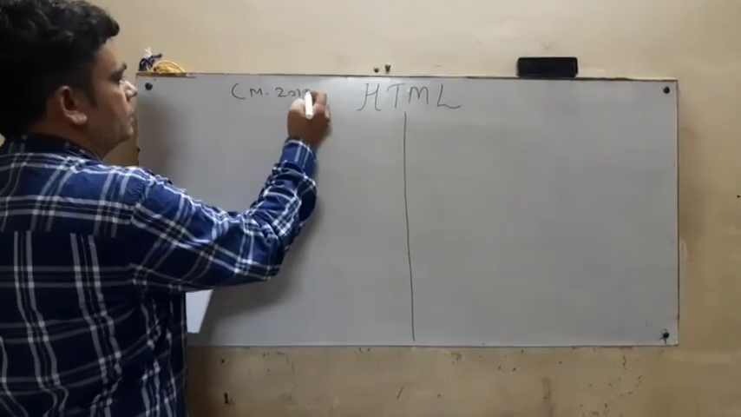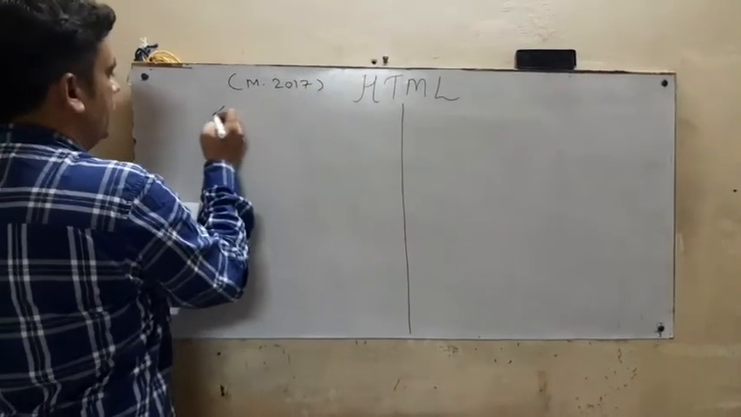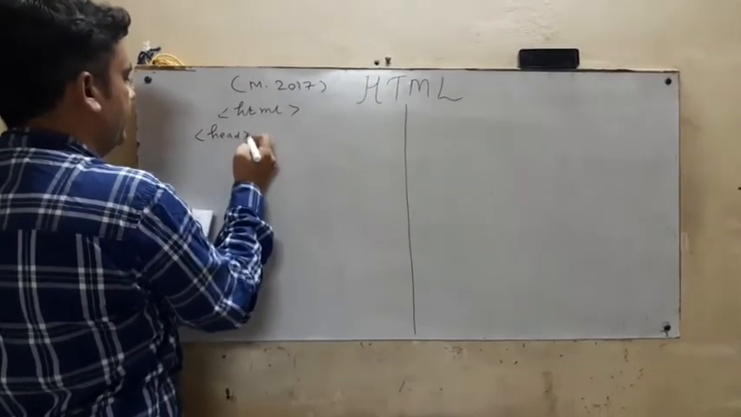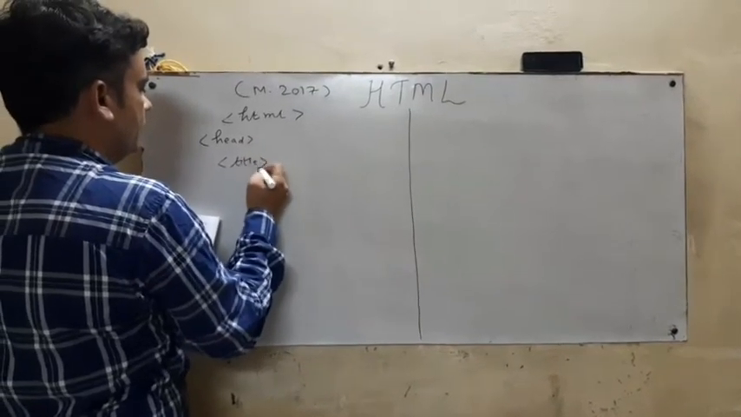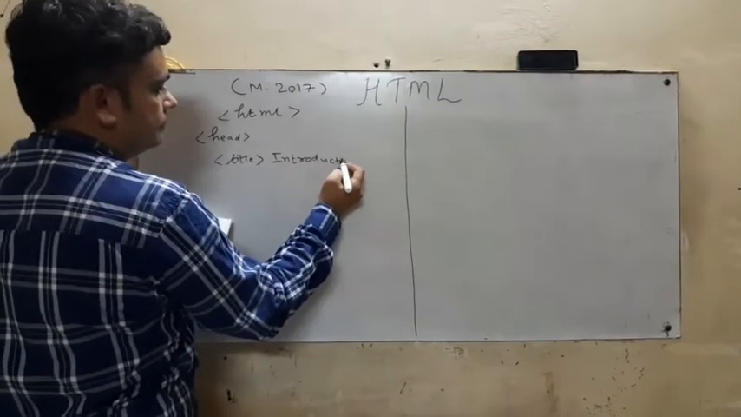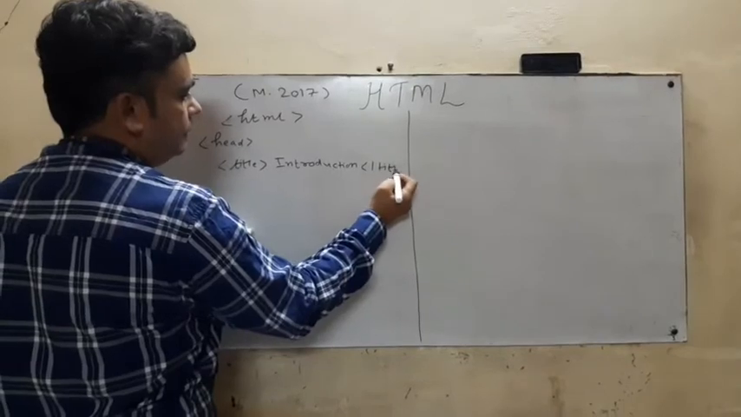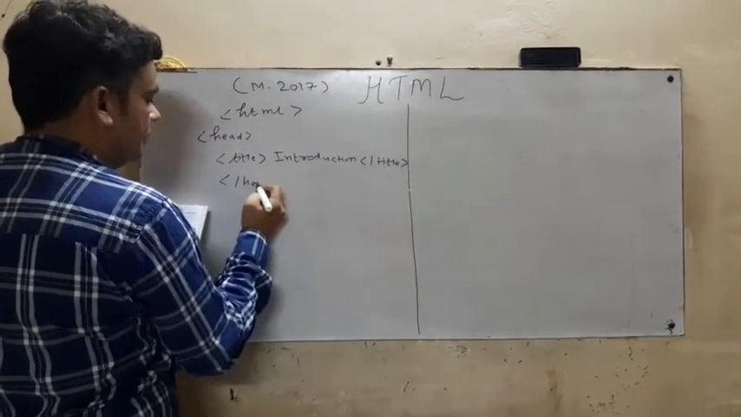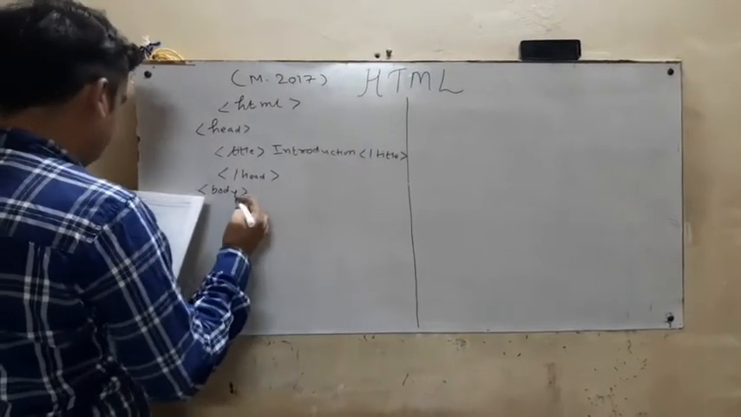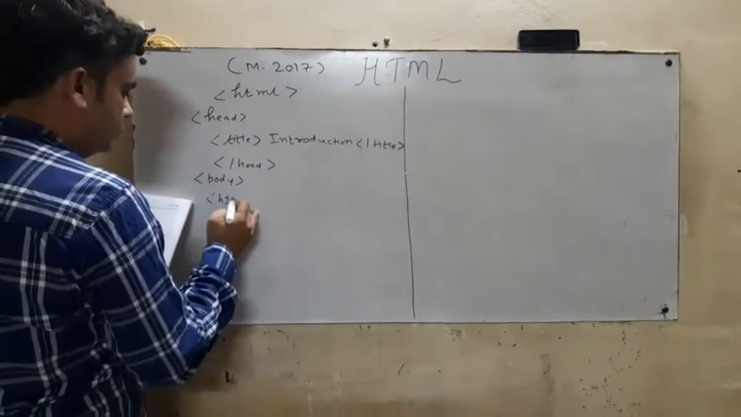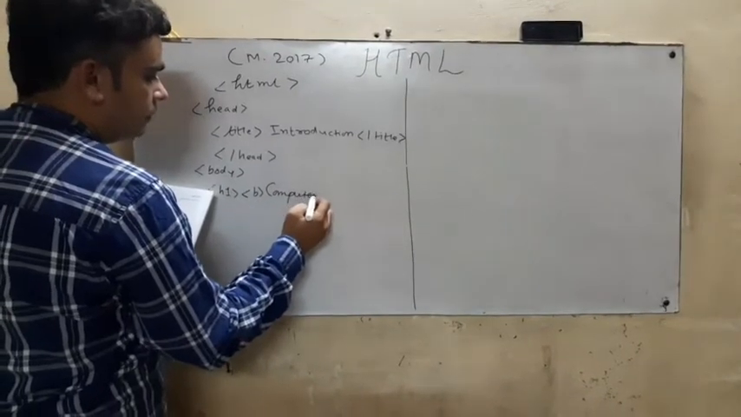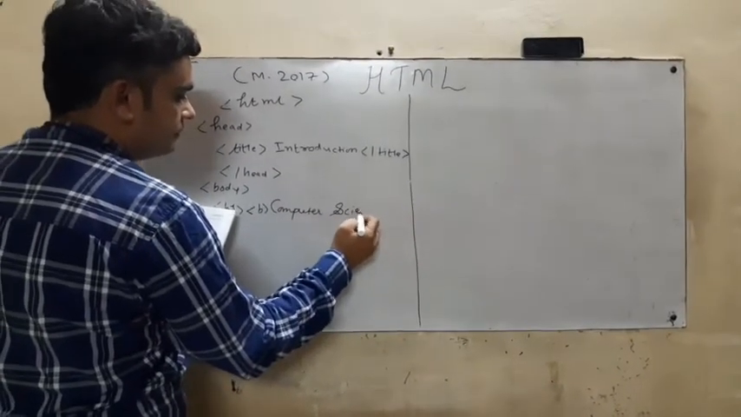This question was asked in March 2017, and the question is: first the HTML tag, then the head tag, thereafter the title tag. In the title they are mentioning introduction, thereafter completion of this title tag, then completion of the head tag, thereafter the body tag starts. In the body tag they use H1, then B tag, thereafter there is one sentence, computer science